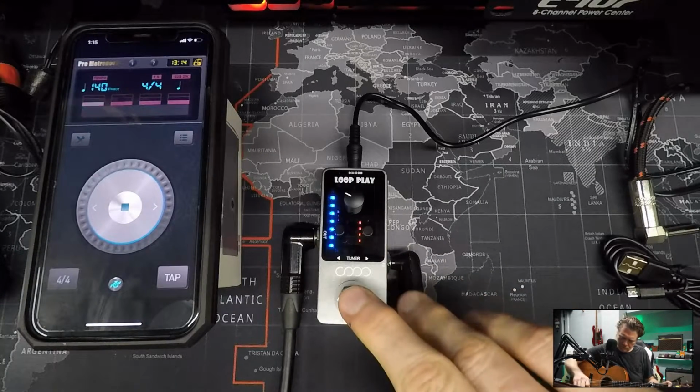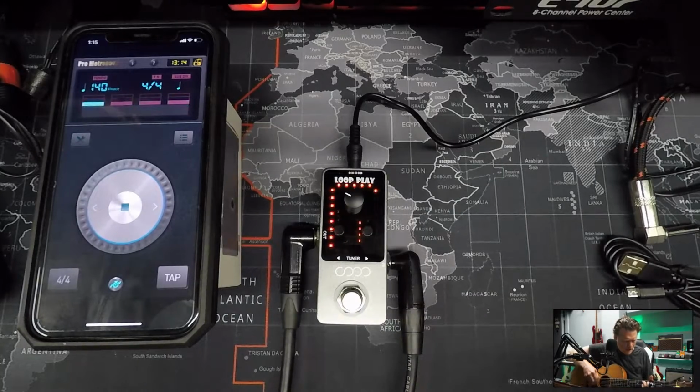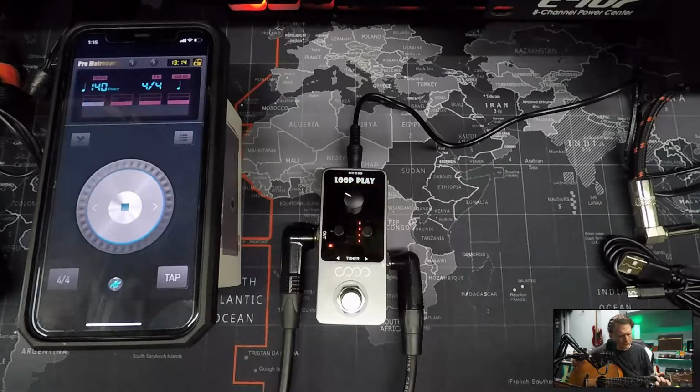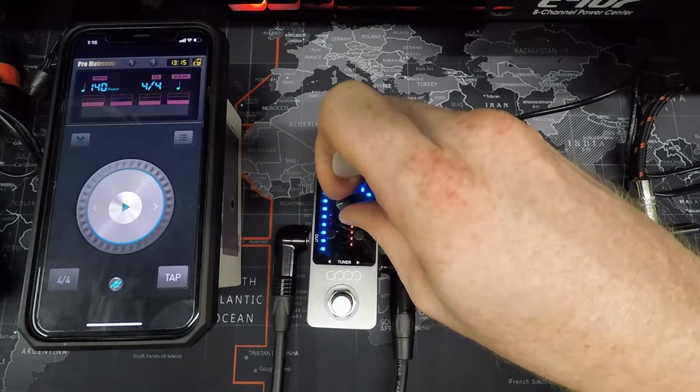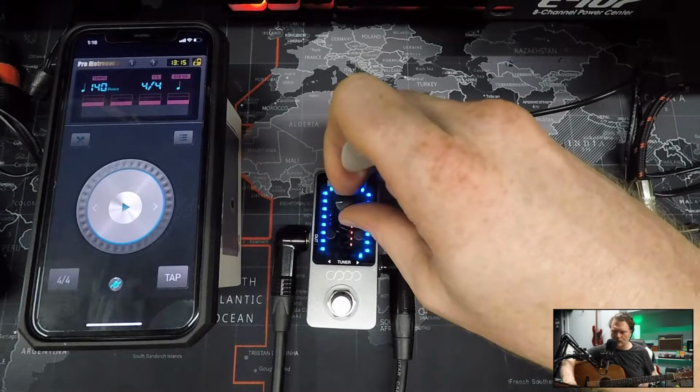That's kind of cool. Pretty cool. All that's happening. Let me turn it down again. So this is a great way to practice. I'm going to let it keep playing, but this is a great way to practice, especially if you just wanted to record a chord progression and practice soloing on top of it. There's a lot that you can do with this kind of thing. So as I've got this chord progression playing here, I can practice on top of this as well. So if I wanted to...